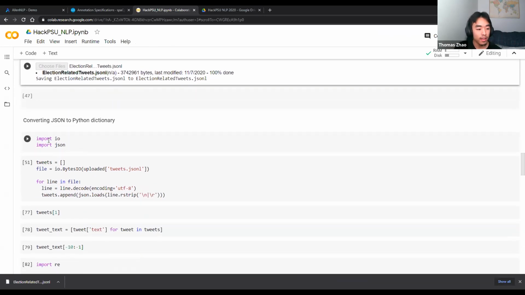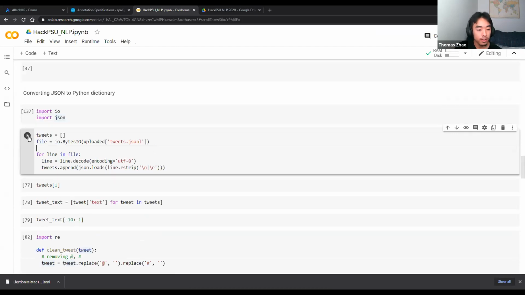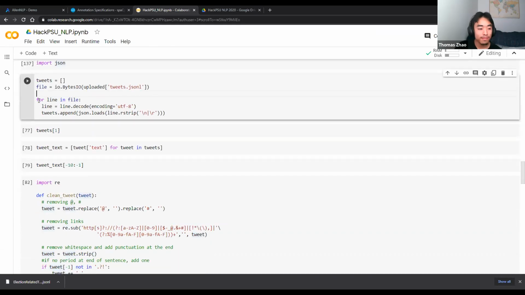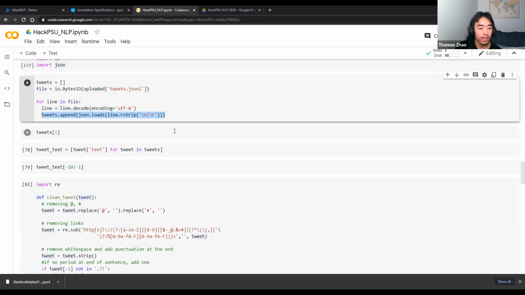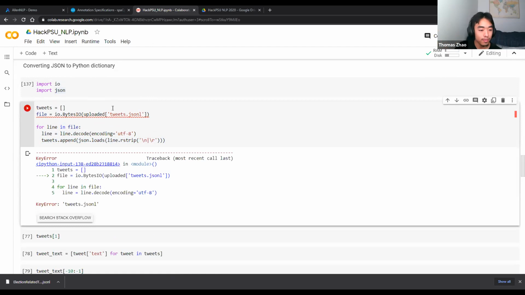Right, so once you have that uploaded, you can load it into Google Colab with this BytesIO thing. And then we'll read it line by line. And I have it in JSON format. Basically, think of each line as a Python dictionary.